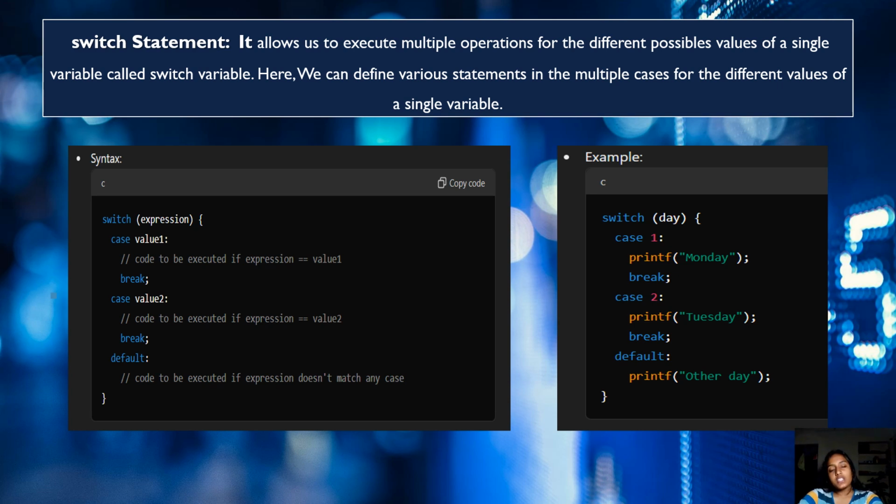Next, we have the switch statement. It allows us to execute multiple operations for the different possible values of a single variable called the switch variable. Here, we can define various statements in multiple cases for different values of a single variable. We can use the if-else ladder when we have 2 to 3 branching statements, but in the case of switch statements, we'll have one expression that we are going to check for